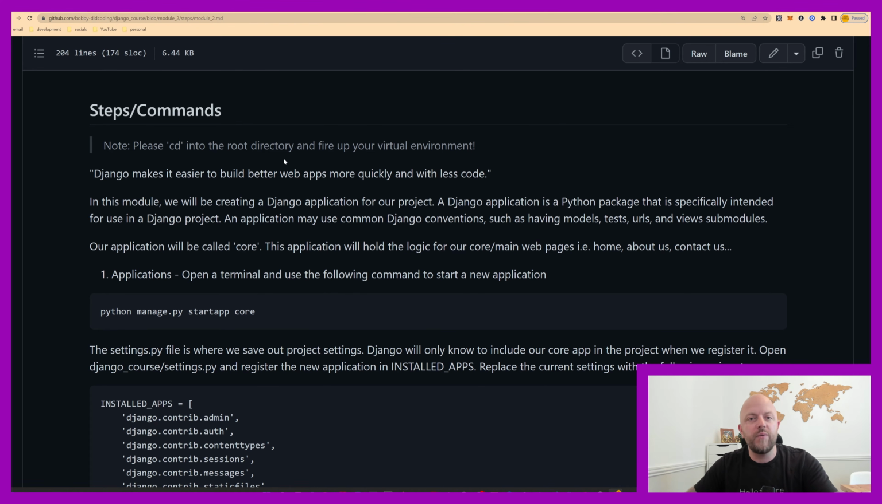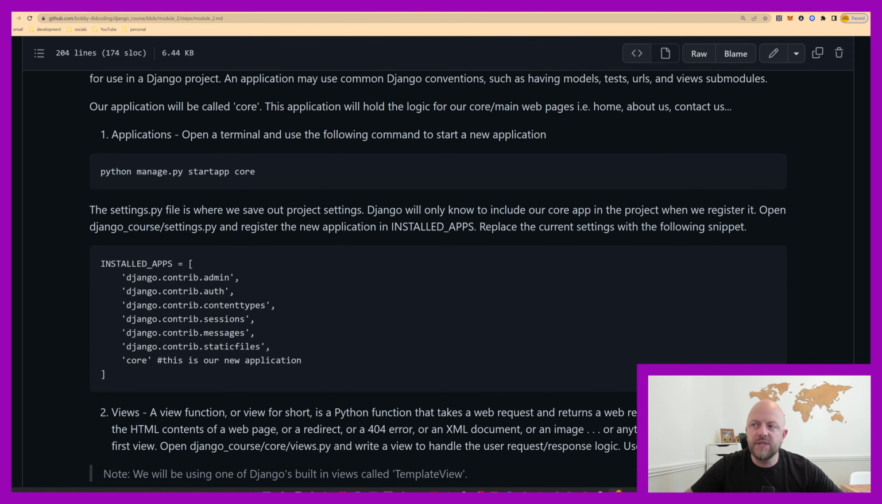We'd have another app if we were handling e-commerce. We'd have another app if we were handling, let's say, a blog, something like that. So common code, common conventions, and common classes and functions, you'd stick that in its own little app and you wire it in accordingly. So that's what we'll be doing in this module. It says here, applications, open a terminal and use the following command to start a new application. So let me switch to VS Code